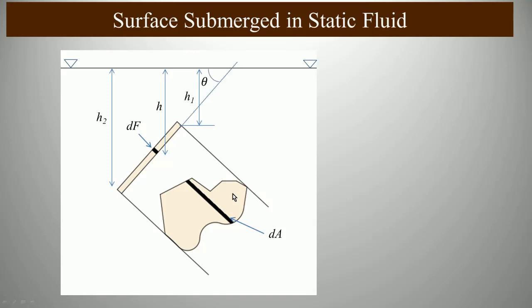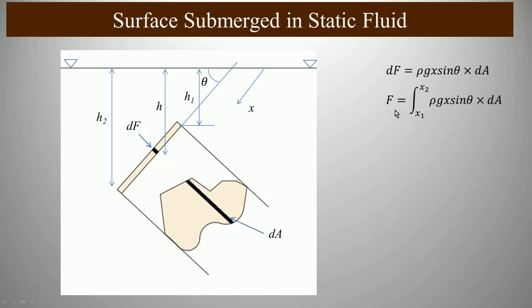Now it is inclined at an angle theta, and along the inclined surface, the distance from the free surface of the water is x. So we will see what forces are acting. The small differential force dF is given by rho g x sine theta into dA, correct? Why did I say x sine theta? Because x sine theta is actually h. So it is rho g h, the distance, into the small area dA.